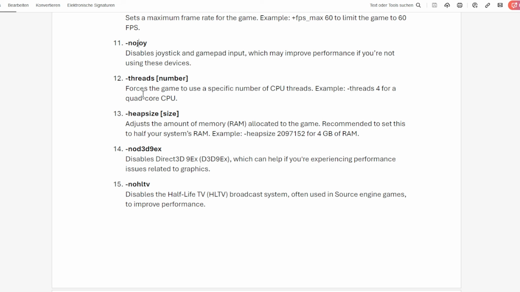So threads and the number forces the game to use a specific number of CPU threads. Example is threads 4 for a quad-core CPU. Use this really carefully, guys. Then heap size adjusts the amount of RAM allocated to the game, also very careful with this. It's recommended to set this to half your system's RAM. For example, for 4 GB of RAM, so half of the 4 GB,